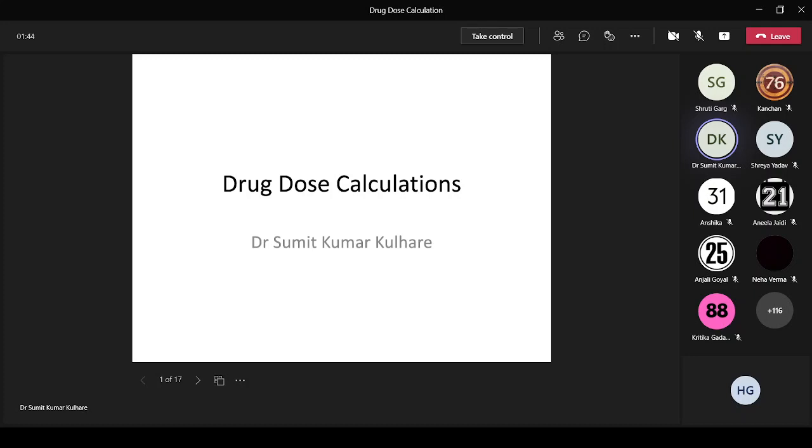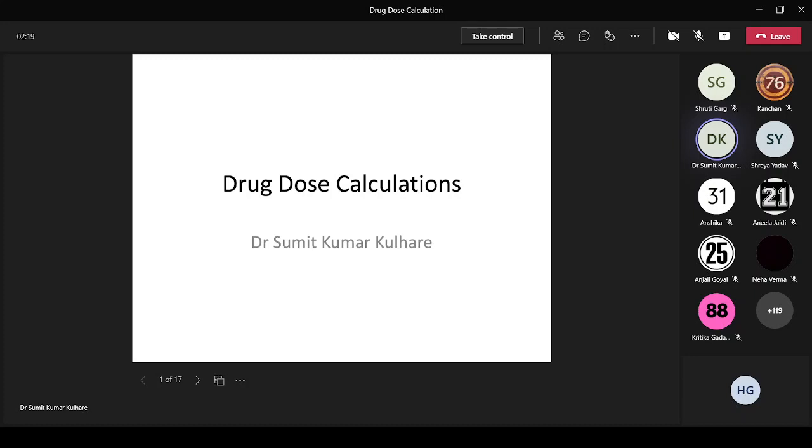First of all, academically, in practicals, there is a 2 mark question given. Total practical is of 40 marks. Out of that, 2 marks are for this drug dose problem, and that constitutes around 5% marks, which you can easily get in full, provided you solve the query. It is a very simple question, asked in practical exams, which you can easily get if you know how to solve the problems.